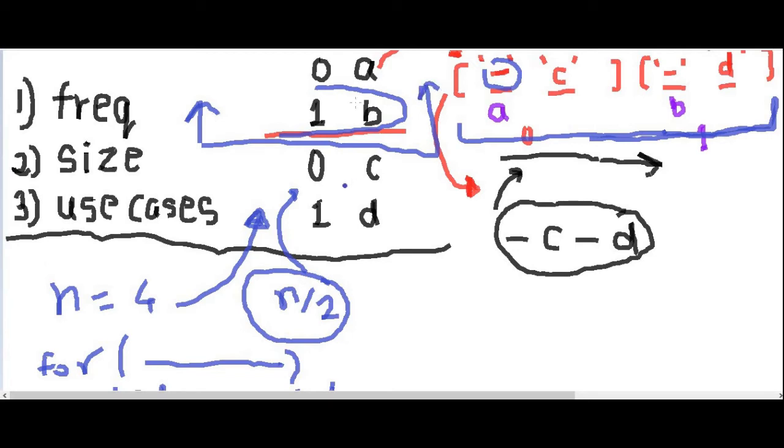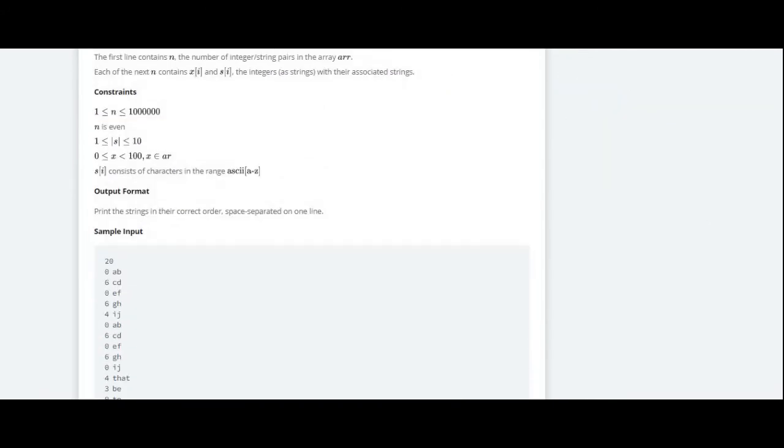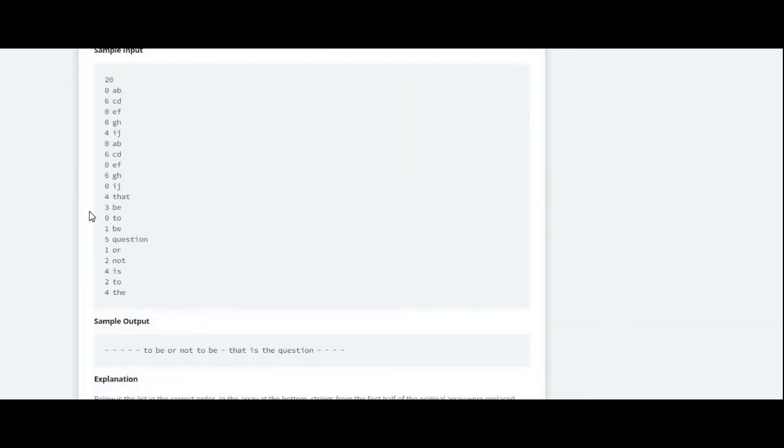And in the second part, in the given question, let me go there. From this onwards, we can sense that we have a key and then a value.